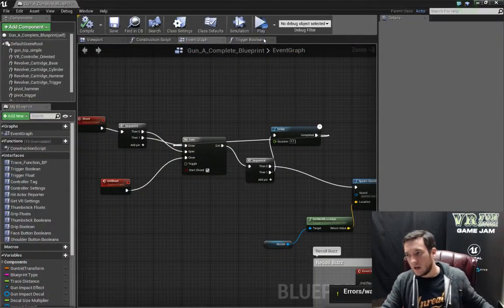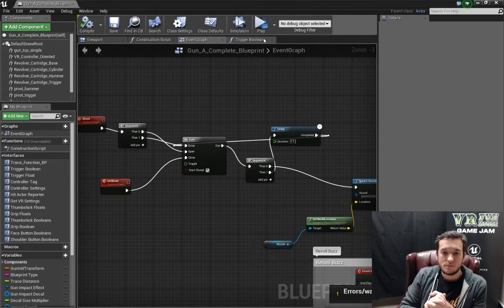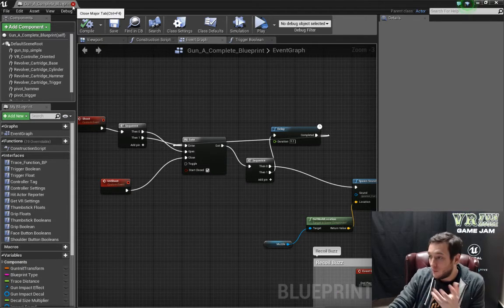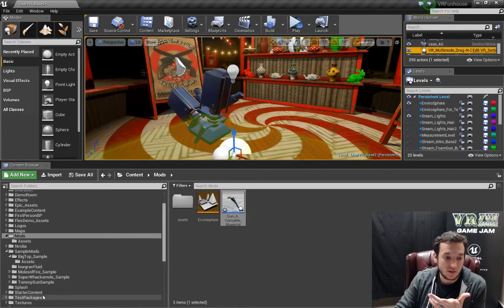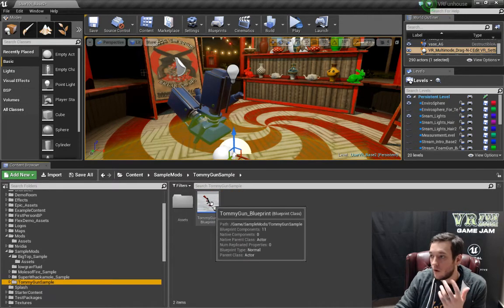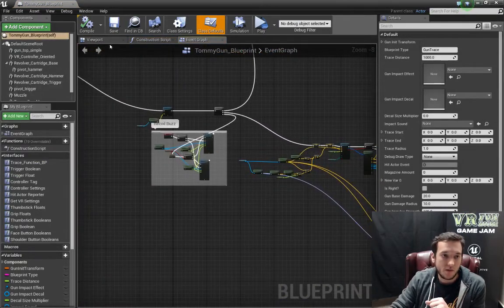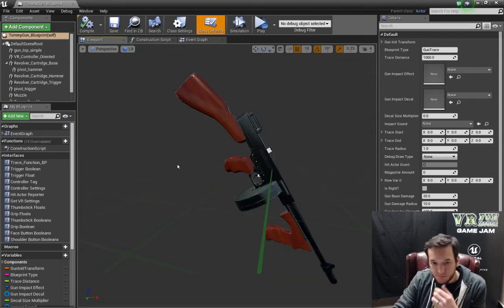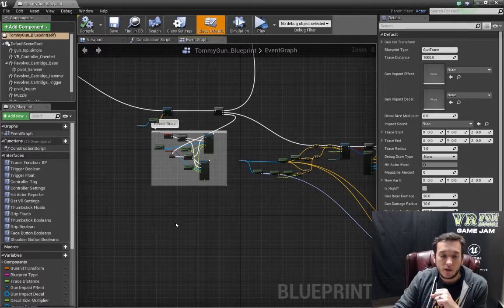So that is effectively how to make a quick automatic revolver. Now we did a couple other fancier things when it came to the actual Tommy gun, but it's really just extensions from there. So I'm going to open up the Tommy gun blueprint and show you the changes we made. Obviously I swapped in a Tommy gun mesh. That was step 1. And then under the event graph,